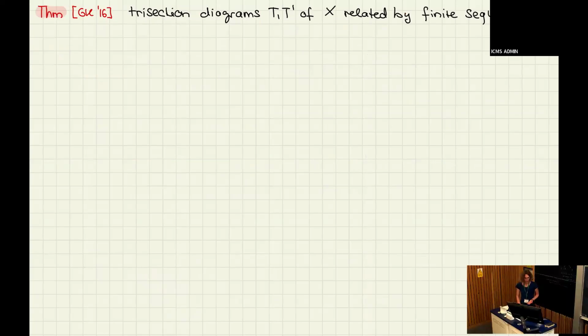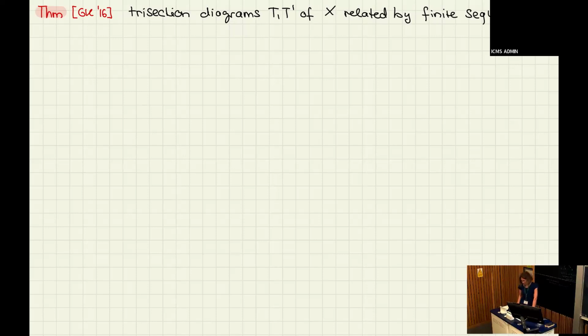Okay, so one has some control over this. Every manifold admits such a decomposition, such a trisection, under the conditions I gave on the last slide. Now one asks, of course, do many of these trisection diagrams maybe give the same manifold? And this is, as usual, not unique, but one has control over how to relate trisection diagrams that describe essentially the same manifold. So if I have two trisection diagrams of the same manifolds, they're related by a finite